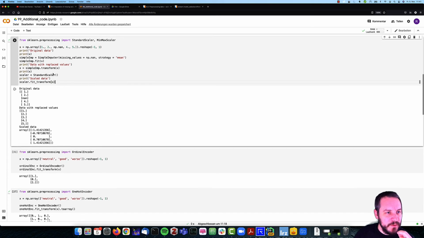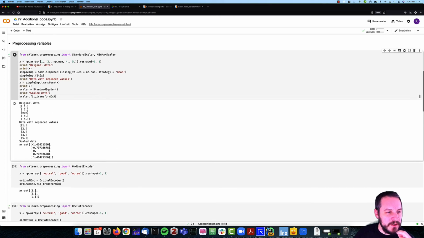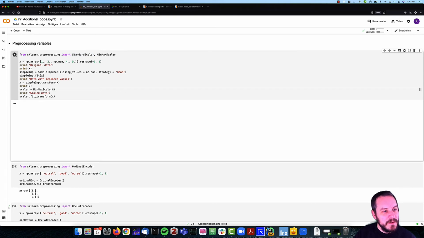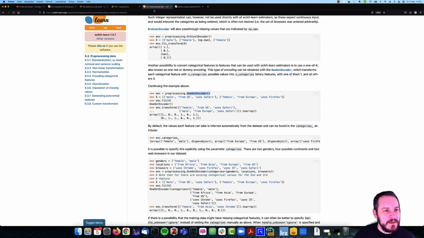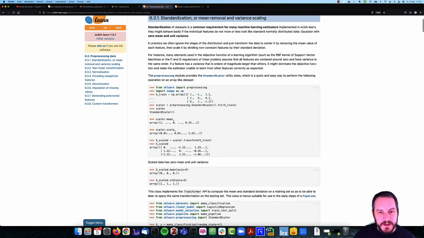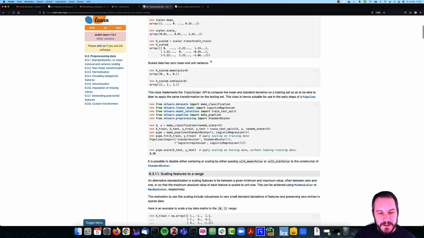For instance, and I would highly recommend you play around with this, you may replace the standard scaler by the min-max scaler for a second. And now you can see that the data is in the range between 0 and 1. If I recall it right, let me just take a look. When you use the min-max scaler,